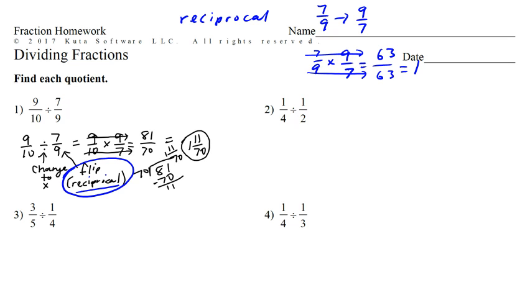So let's try this first one. We're going to change the second half of the fraction, the division problem. The dividend stays the same, 1/4, and we turn it into a multiplication problem. Then we find the reciprocal of 1/2, which is 2/1. Then I'm just going to multiply. 1 times 2 is 2. 4 times 1 is 4. So that equals 2/4, which, since they're both even, I divide by 2/2, which is equal to